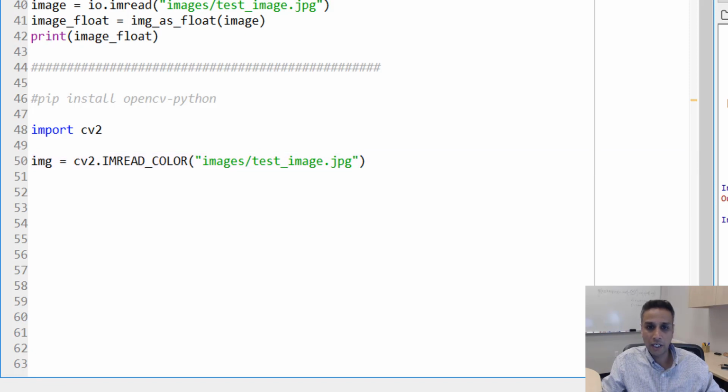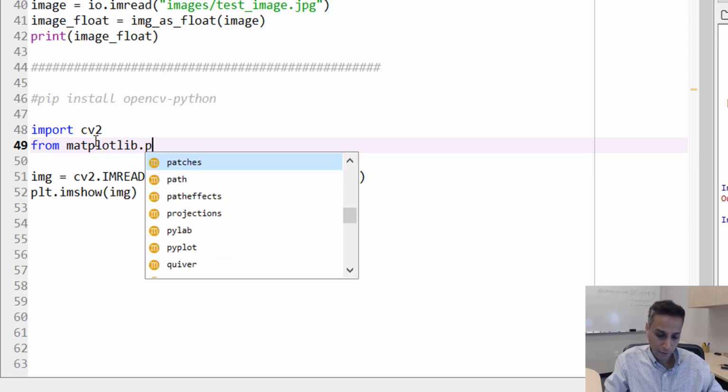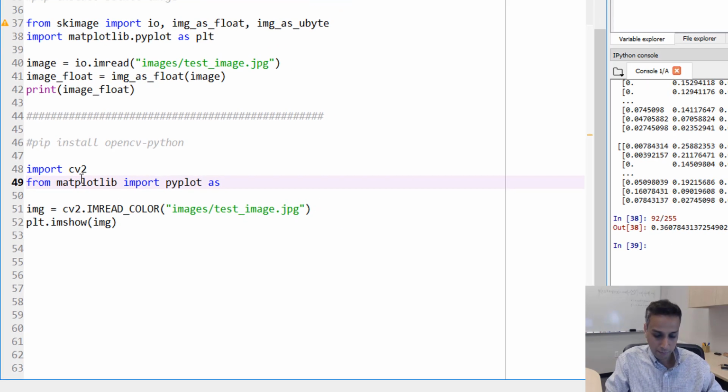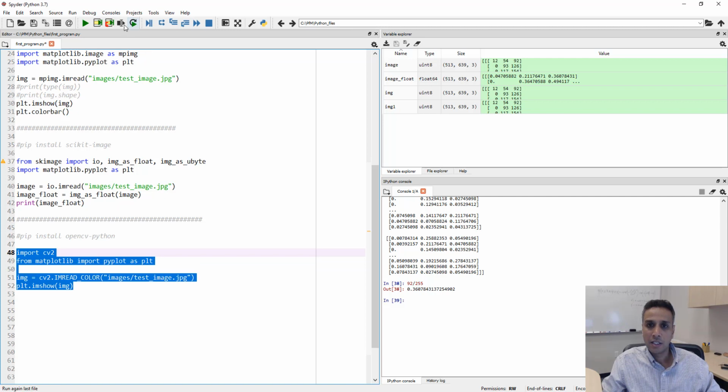Let's go ahead and look at this with plt.imshow. Okay, so let's use this again. And by the way, we need to do from matplotlib import pyplot as plt. There are various ways to do this, but anyway, let's stick with this. And now when I run this,